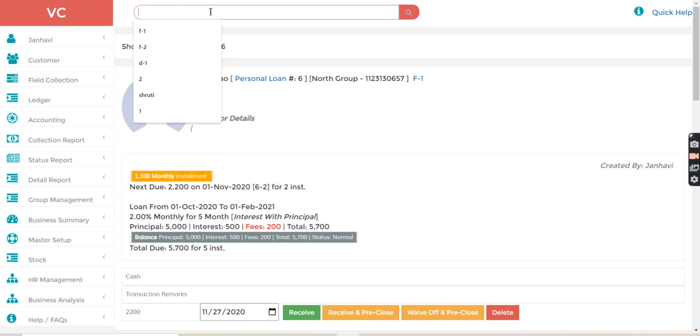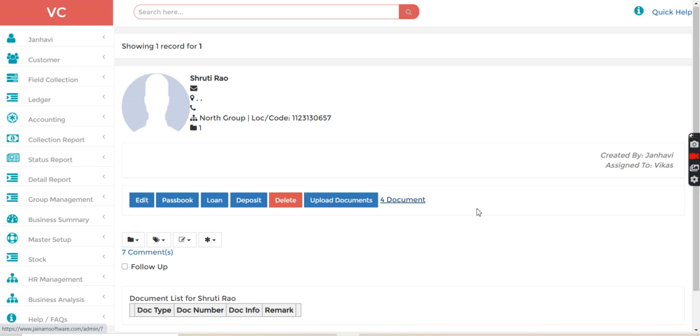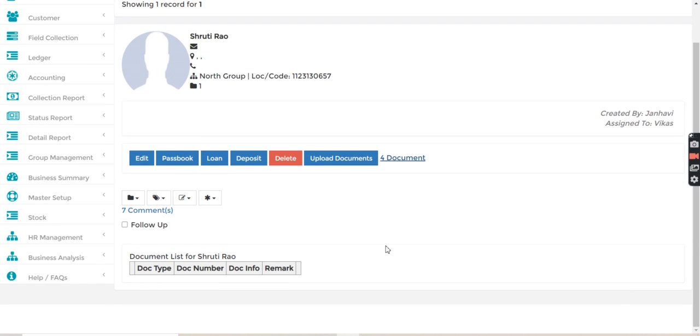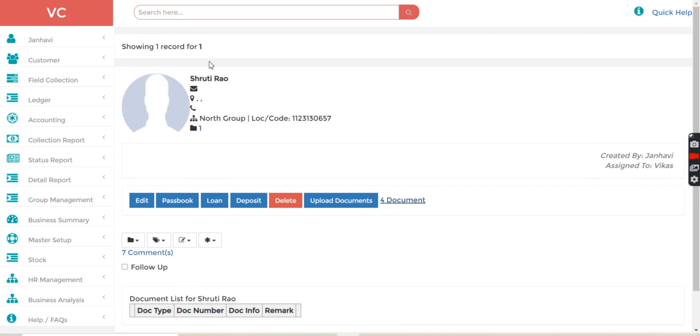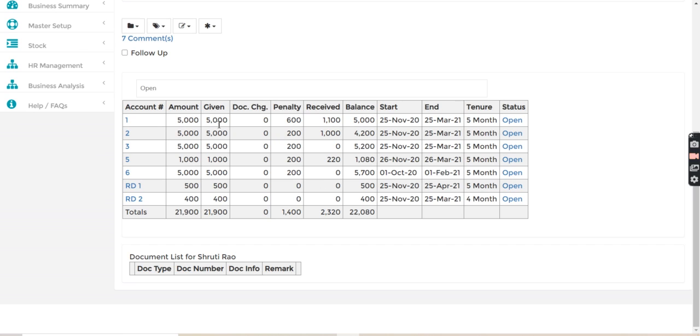If I search this customer F-1 from the search bar and click on documents, I will check these documents. If I go to the passbook and check, this many accounts the customer has, and you can see the penalty list also from here.